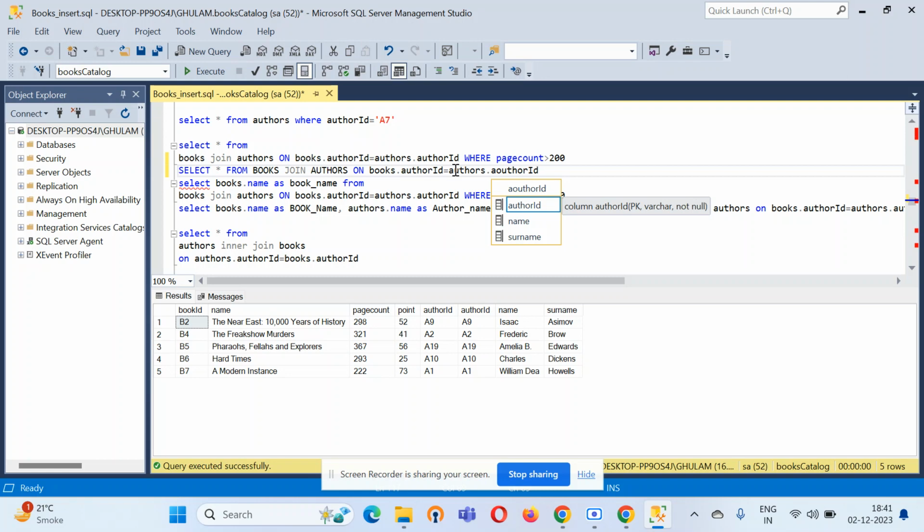Okay, and where I will now select in terms of point, where point is greater than 25,